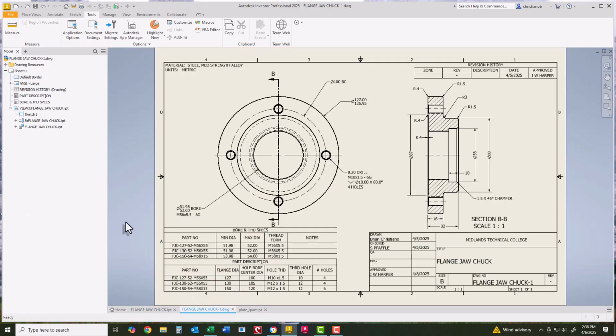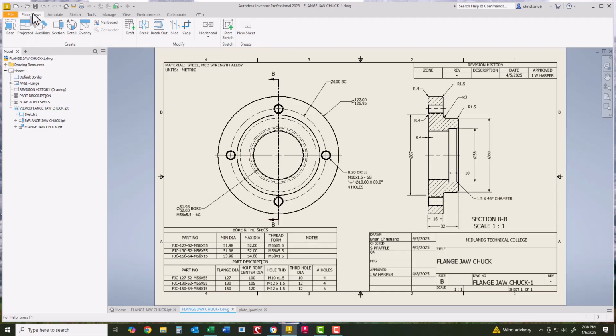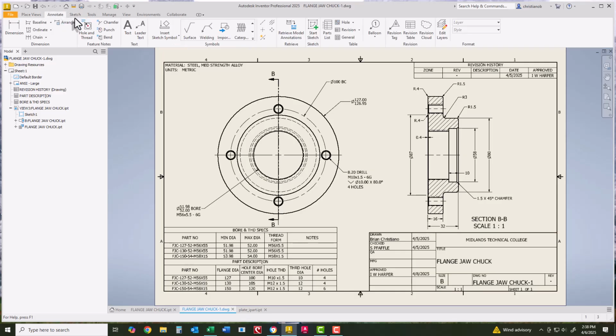The other thing I've included in the instructions is how to create a general table here, which we will briefly touch on, but I've got a video from YouTube on how to create a general table up here under general table, and